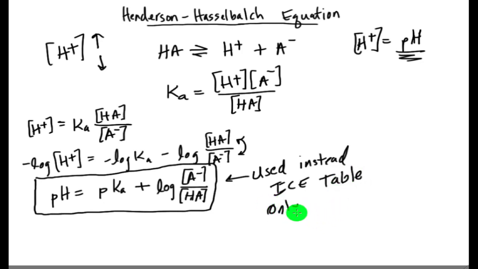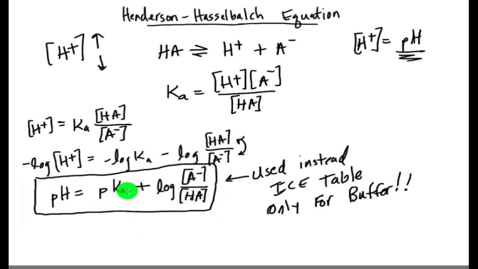Only for buffers. Why does this equation only work for buffers? Because you have to have the base and the acid together. You have to have the weak acid and the conjugate base. Okay, so I'm going to show you some calculations with this Henderson-Hasselbalch equation later, but the idea here is that